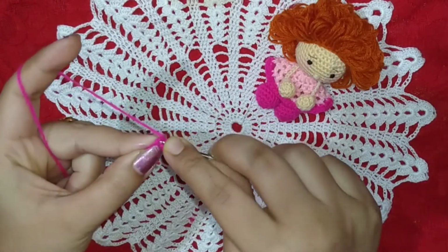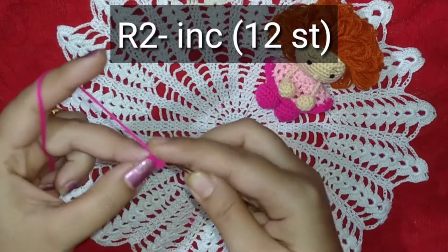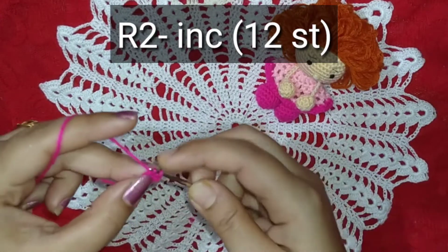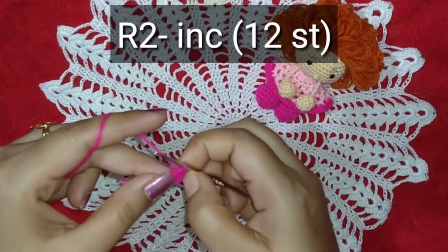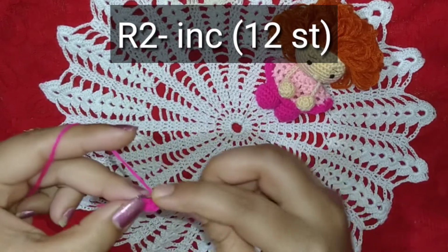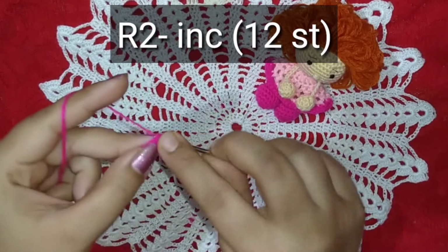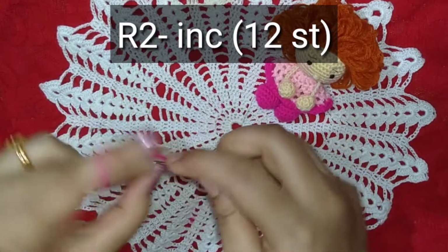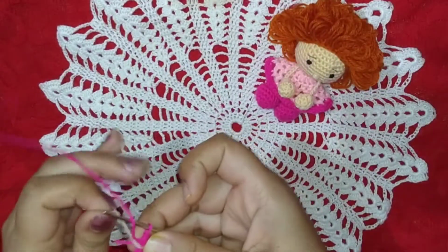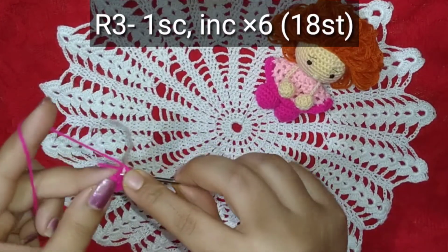Now for the second round I'll make 2 single crochets in each stitch, and I'm doing this in spiral again, and I'm doing 2 single crochets in each stitch, so that there will be 12 single crochets in this second round. Let me use the stitch marker first, and in the third round I'll make